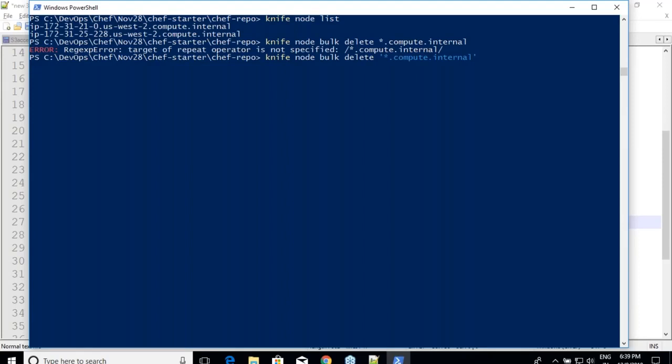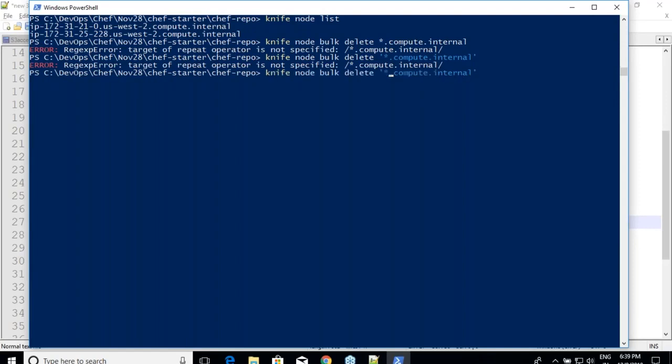So we are looking at a node which ends with compute dot internal. Okay, not working. So what have I messed up? I think I've given it right. Slash is an escape sequence, right? I am not using any invalid character to give an escape sequence.